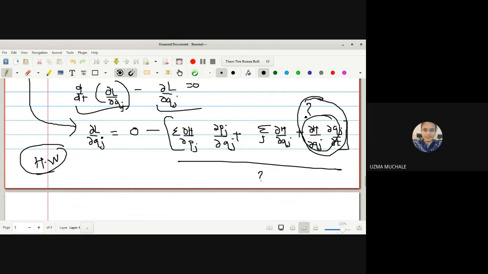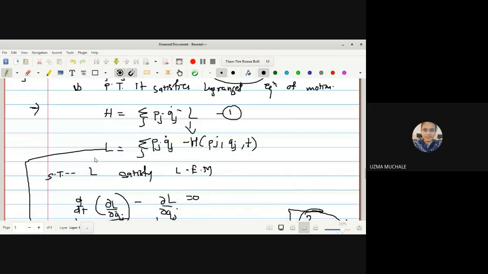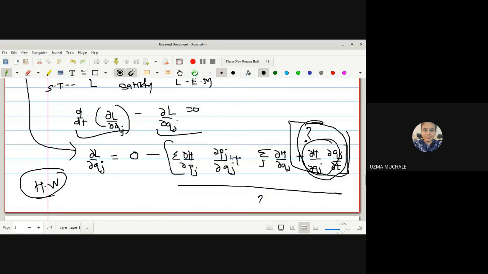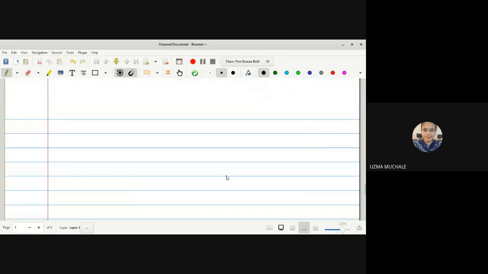Still some students are not able to find out the derivative. How many times have we solved this type of derivative? From the first chapter itself, we are finding the derivative. You use the chain rule, right? We are differentiating this with respect to Qj. So the derivative of h with respect to pj, pj with respect to t, h with respect to qj. So what should come here? h with respect to t and the derivative of t with respect to qj. No one had any objection. Okay, so do it as a homework. I hope you can do it.